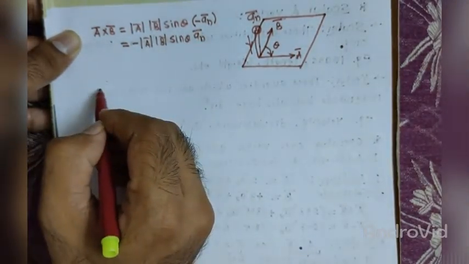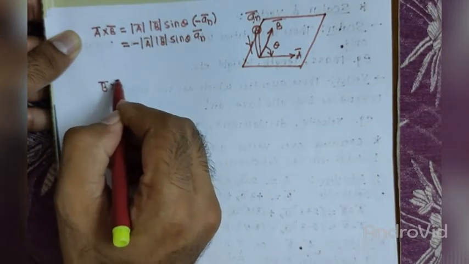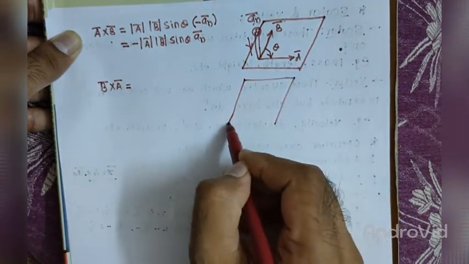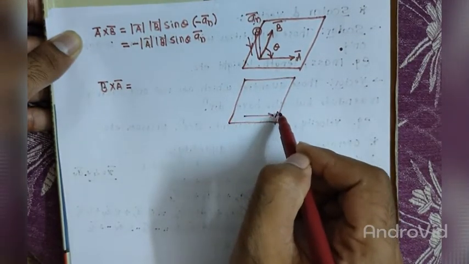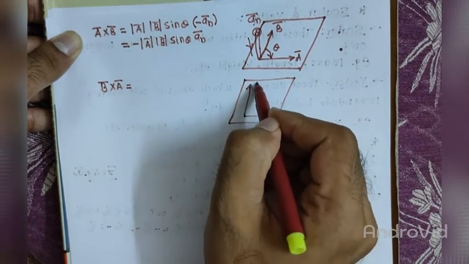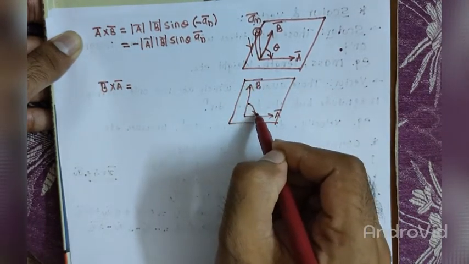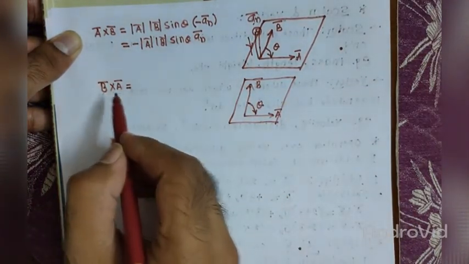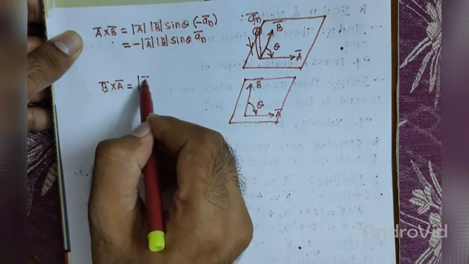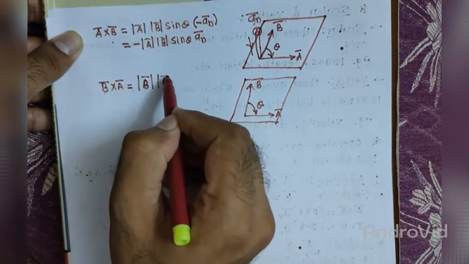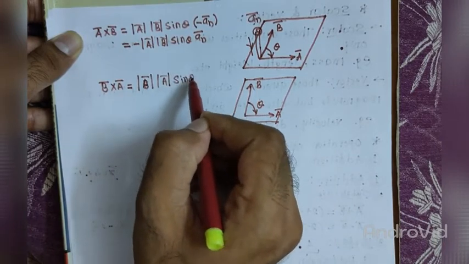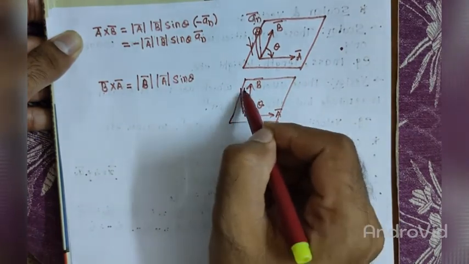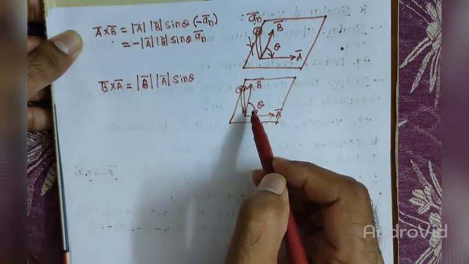Right? Now let me find out the value of B cross A. Similarly, I can consider a similar plane here. Just have a look, same figure. This is my vector A bar and this is my vector B bar, and this is the angle theta which is varying, started from B and ending at A. Now B bar cross A bar is mod of B bar, mod of the second vector A bar, then sine of the angle theta, and is it plus n or minus n? So for that I am going to put one screw here, and I can move it in which direction.